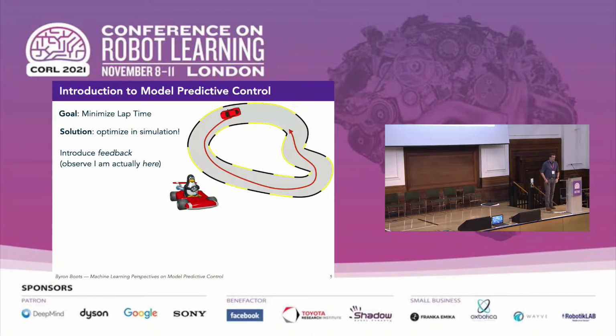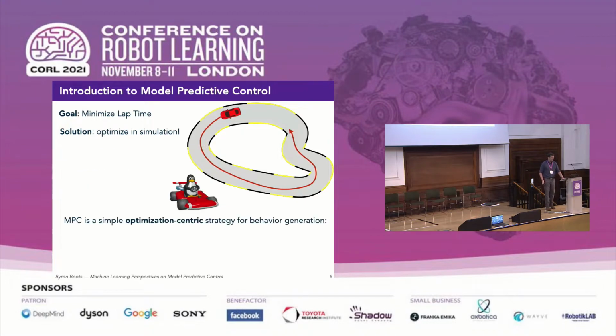So once we know this, we need to replan from the actual car's location, and then generate a new trajectory, maybe something like this. We can then execute the first action on this new trajectory, and then continue this process, right? So now if we look at how we generated behavior over the last couple clicks of my clicker here,